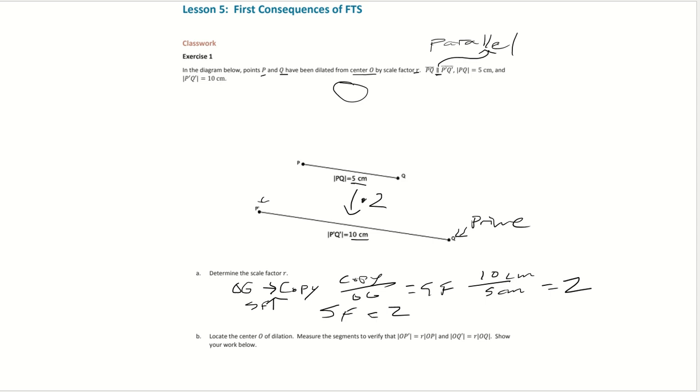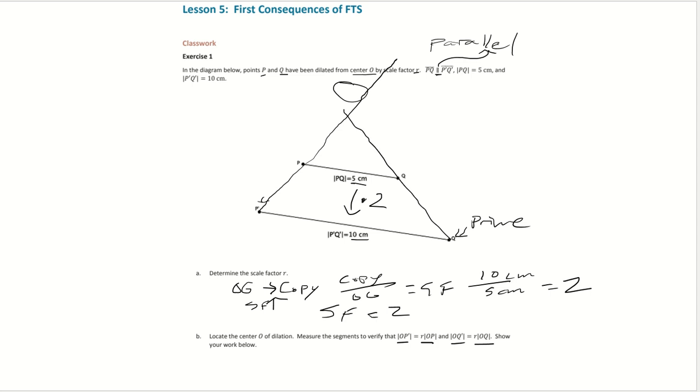B says locate center O of dilation. Measure the segments to verify that OP prime is equal to the scale factor R times OP original, and then OQ prime is R, scale factor, times OQ. So again, what we can do is using a ruler, we would just draw a straight line. It's not perfect, I know, but you can just keep drawing it, and then you can do the same thing this way. Draw it this way because it says that they're parallel, and we know from our last lesson that